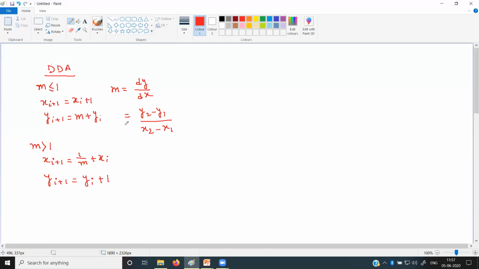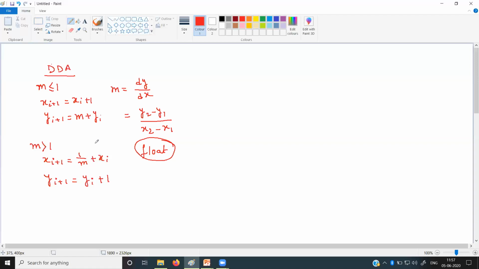Now obviously you can see this equation can generate a floating point value, or a fractional value. As it is fractional, while dealing with all those equations we have to go for fractional computation. So this is the major disadvantage for the DDA line drawing algorithm, which can be solved by using the Bresenham line drawing algorithm.